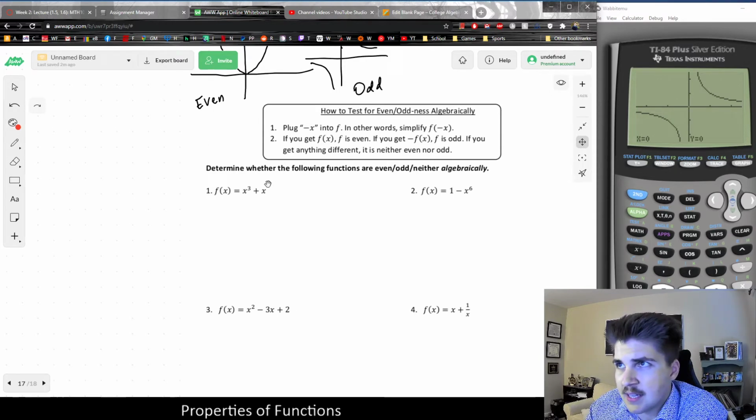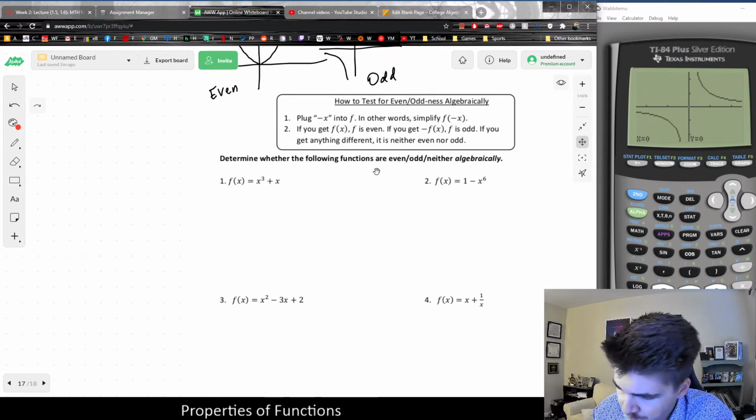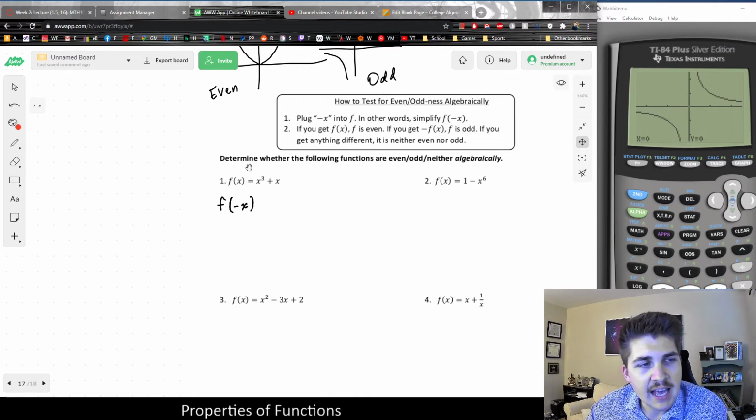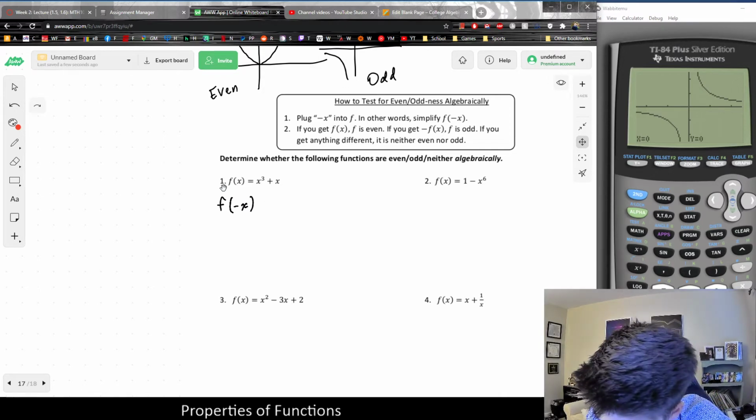Now let's look at this example. We could again graph this to figure it out, but let's just try following the step-by-step procedure. Step 1 is to plug in f of minus x. So basically we're going to write f of negative x. Remember, to evaluate f of x, you just change x to negative x. If I was doing f of 2, I would change x to 2 and do the math. But here, I don't know my input, which is what's a little different. What I do know is that I want to substitute in negative x for x. And a reminder to use parentheses when you're plugging it in,